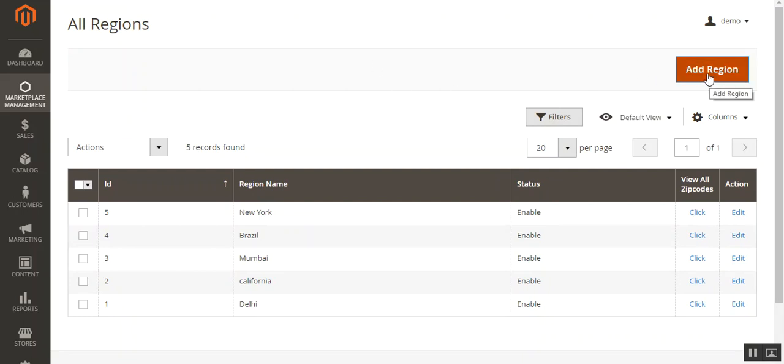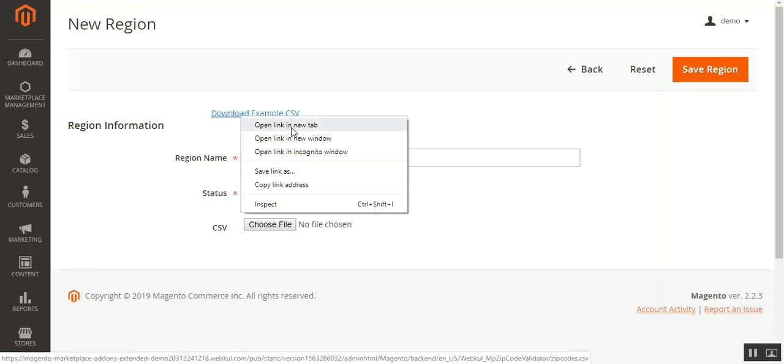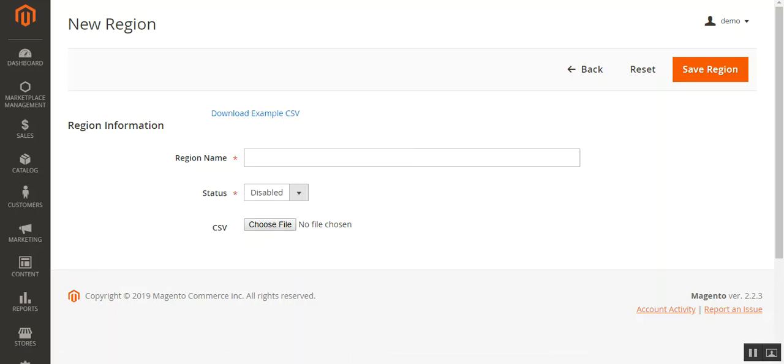So I'll just tap add region, and here we can create a new region by entering the region information that includes the region name, its status, and we can also upload multiple zip codes at a time for this particular region by uploading a CSV file, or comma separated value file. For that, we have already provided the example CSV file. So I'll be opening that up. I'll download it,